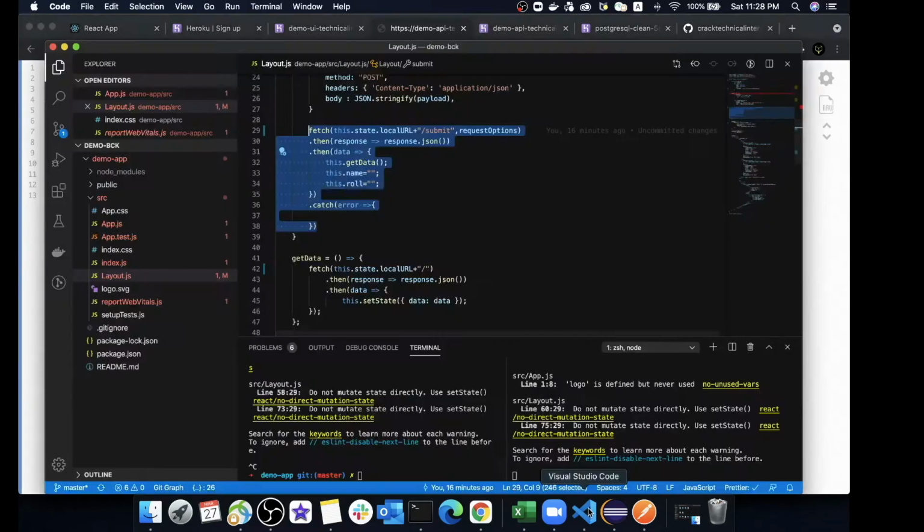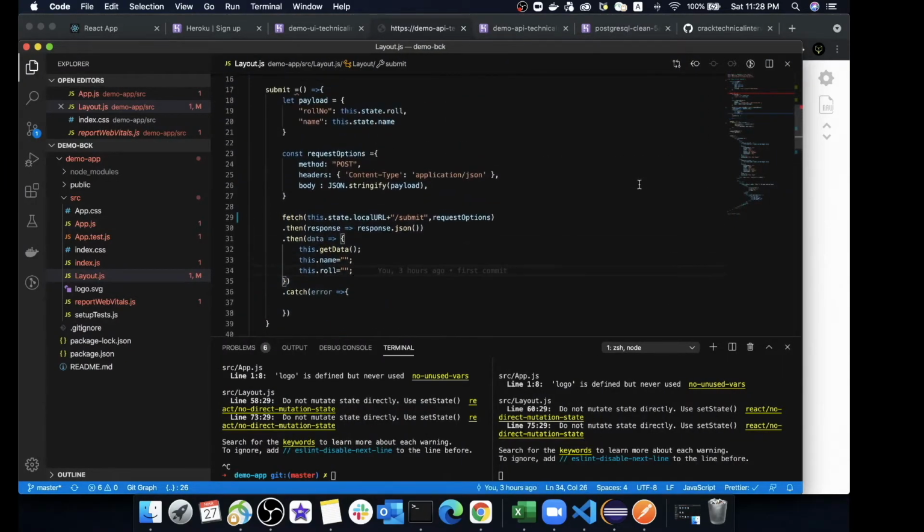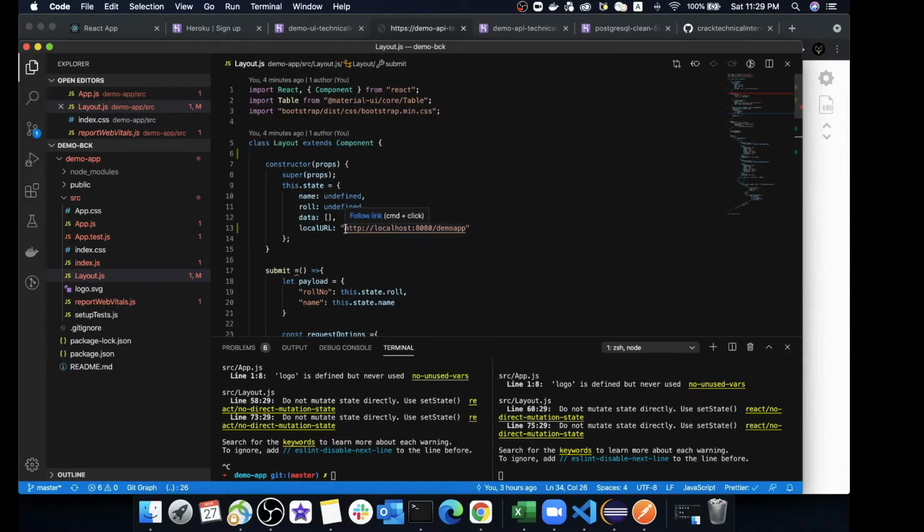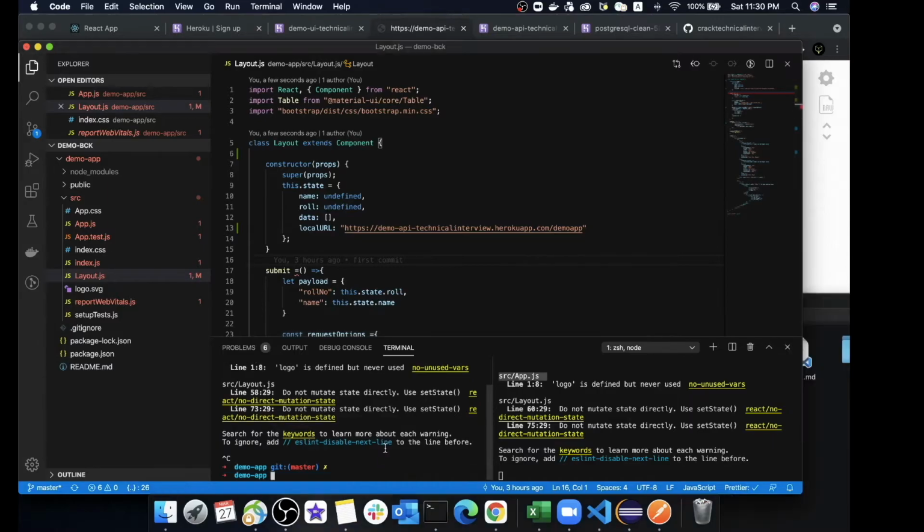So we will open our code, and wherever we have the URL for the backend REST API, we just replace it with the new URL that got generated after the deployment of our backend application into the Heroku server. And thus we have changed our local URL to the URL where our REST API is now deployed. And that's it. We are done with the local changes that we need for deploying this application into our cloud environment. So let's start with committing the code into our GitHub repo.